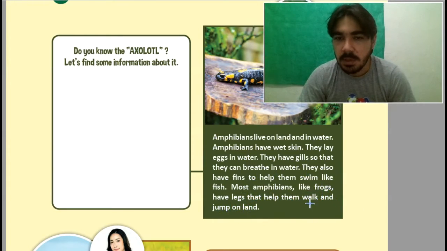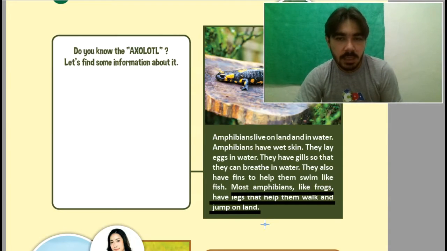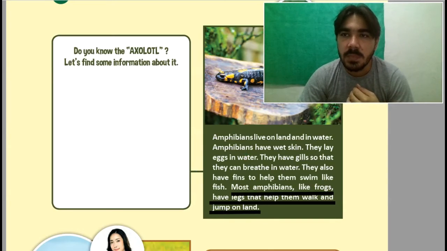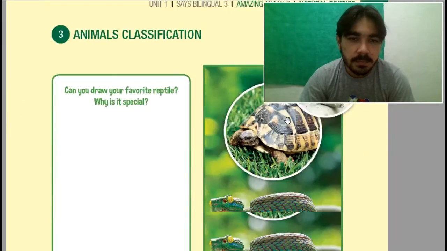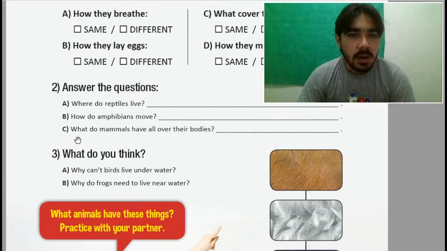Então encontramos, olha, most amphibians, like frogs, have legs that help them walk and jump on land. Então a maioria deles tem pernas que ajudam eles a caminhar e a pular sobre a terra. Next question, letter C. Let's see. What do mammals have all over their bodies?